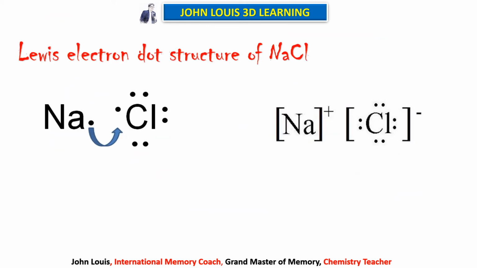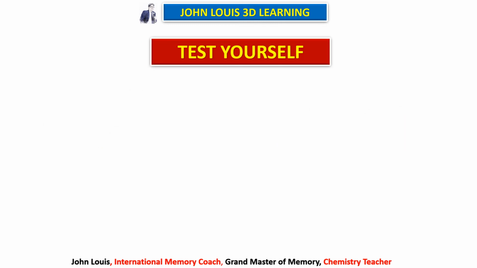So what is the Lewis dot structure of sodium chloride? When they ask you for the Lewis dot structure, we need not write all the electrons. We can take only the outermost orbit and mention the number of electrons present in it. Sodium has 1 electron and chlorine has 7 electrons. Therefore sodium donates one of the outermost electrons present in the third orbit, that is the last orbit, to chlorine, which has 7 electrons. Thereby both become stable. Sodium becomes Na plus and chlorine becomes Cl minus. That is what ionic bonding is all about.